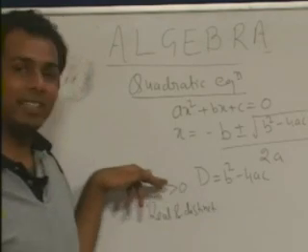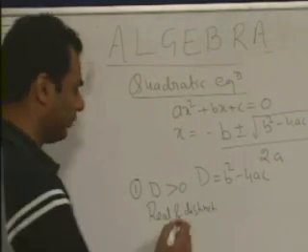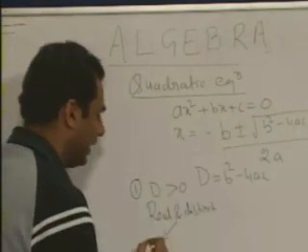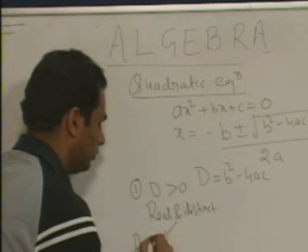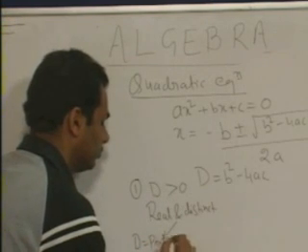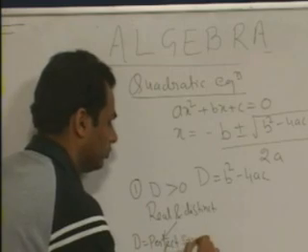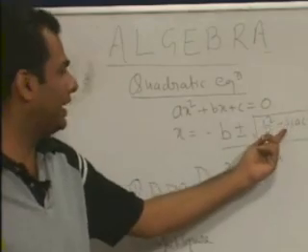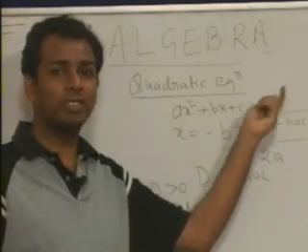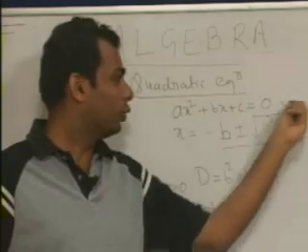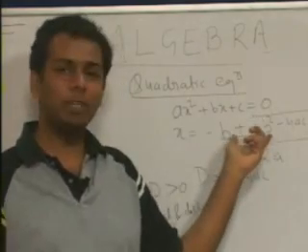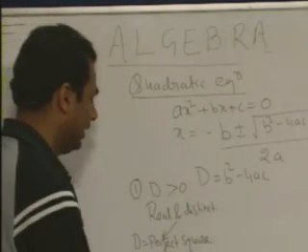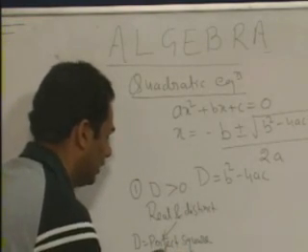Now when the roots are real and distinct, there are again two different conditions. The first case, when the discriminant is a perfect square. For example, let's say 16. So the square root of 16, I'll get 4. This root sign will be removed. So whenever the discriminant is a perfect square, the roots are always rational numbers.